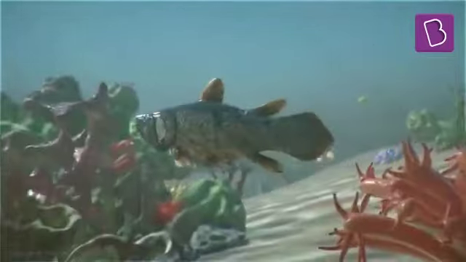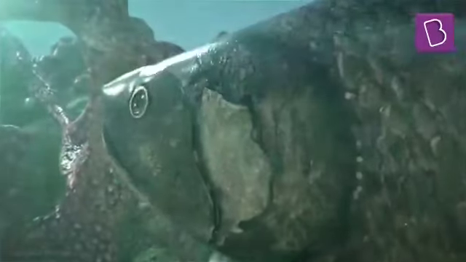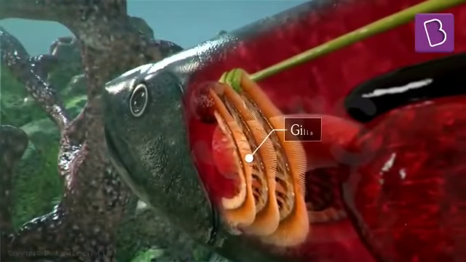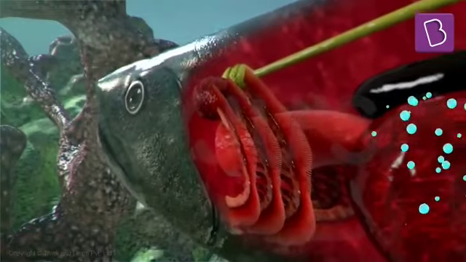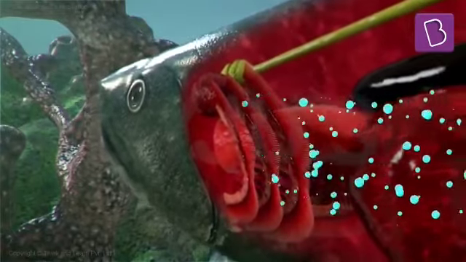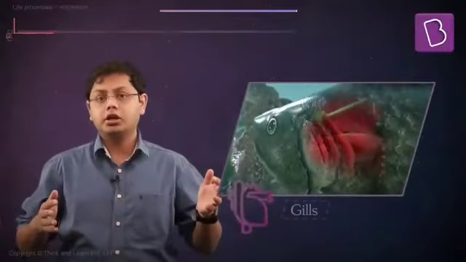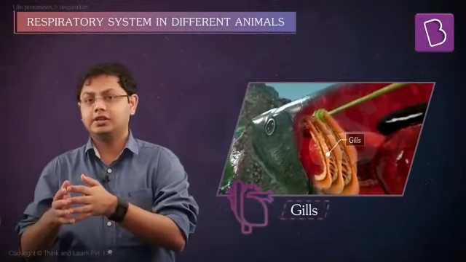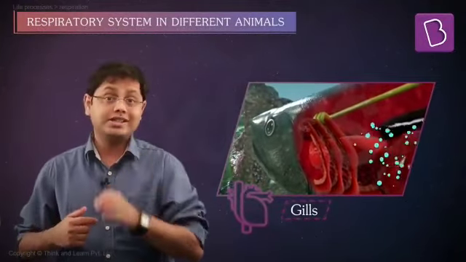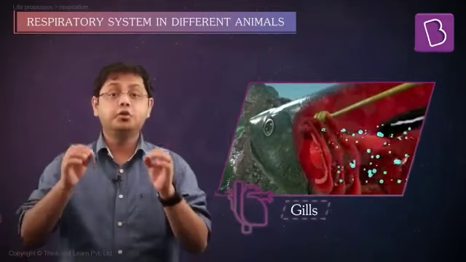And if you happen to become a fish, you have a completely different respiratory system compared to all terrestrial animals. Fishes possess gills which resemble fine-toothed combs over which water is made to pass. Oxygen in the water exists in small quantities and is in its dissolved state. Now, when the fish is moving, the water is made to pass over these gills, and the oxygen, which is in its dissolved state, diffuses into the